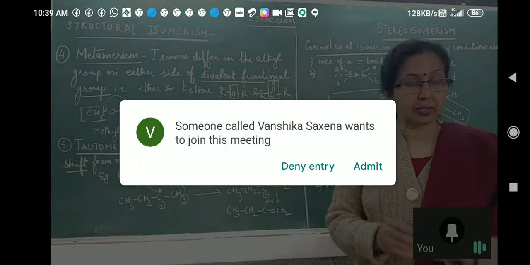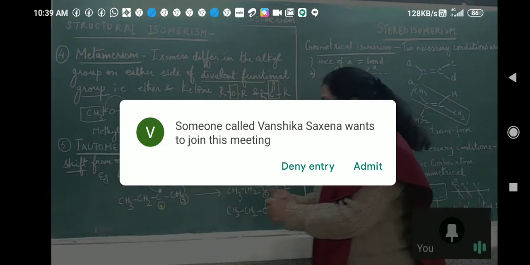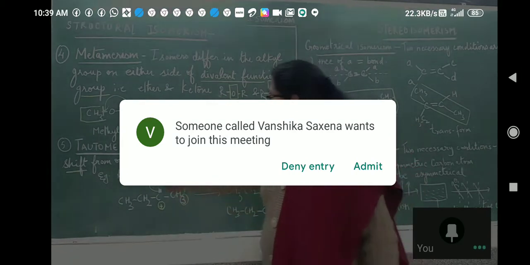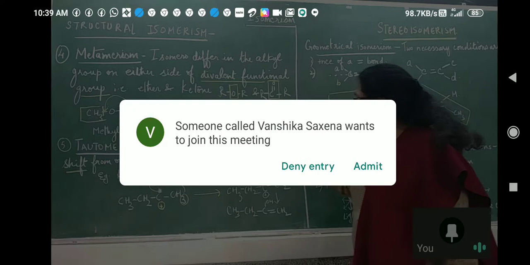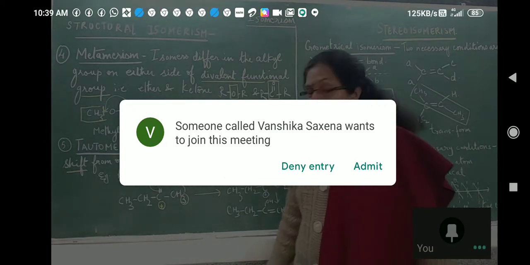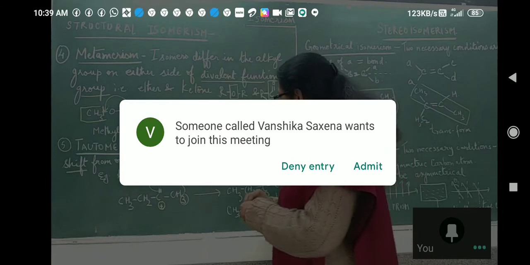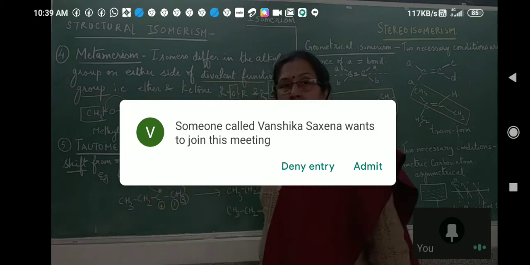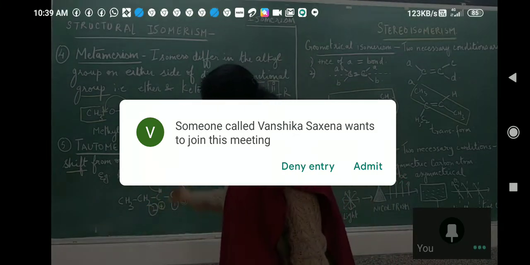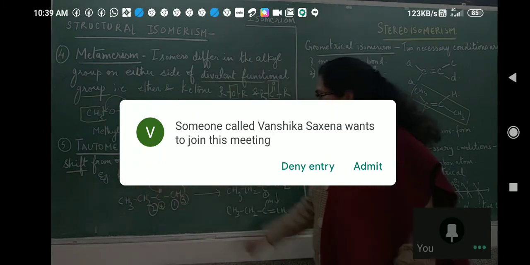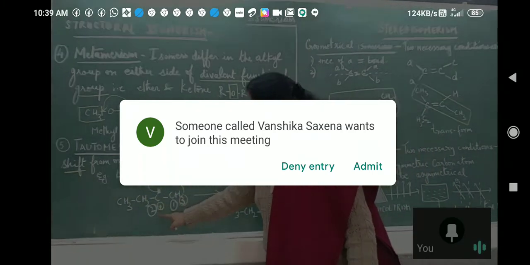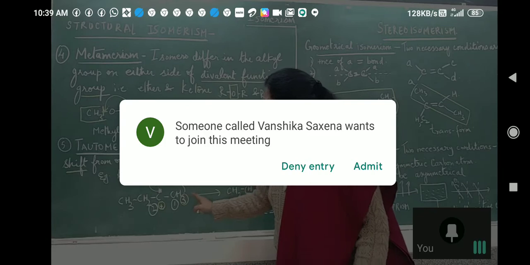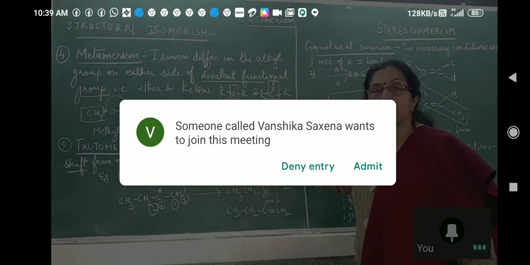I will repeat once again, okay? Because this is important and you will surely get it as a short note in the finals. This or this is defined as a 1,3 hydrogen shift. Now let me show you how it is a 1,3 hydrogen shift. See here. Hydrogen is shifting from here. This atom is 1, this is 2, this is 3. Oxygen is 3. Carbon is 1, this carbon is 2, oxygen is 3. Right? So hydrogen is shifting from the first carbon atom to the third atom. So it is a 1,3 hydrogen shift.